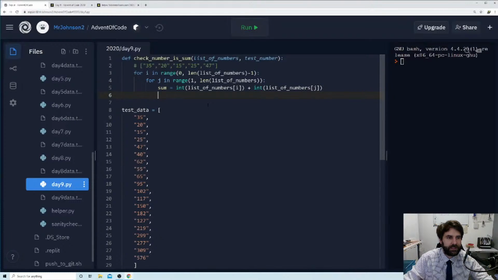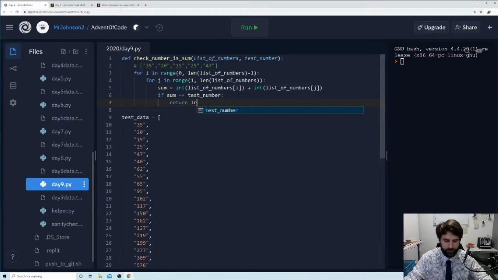And I want to return true if that is equal to our test number. So if our sum is equal to our test number that we're given, then I would like to return true. If we get through all of these and we've not returned true, then we're going to return false.